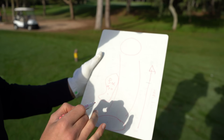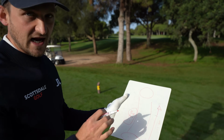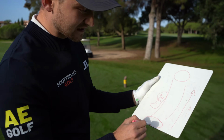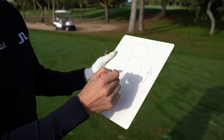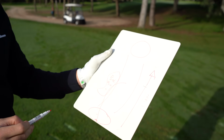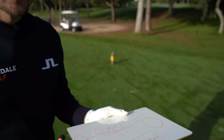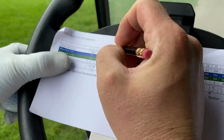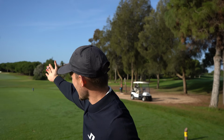How do we make sure, and this is so important, this is how you're going to shoot in the 70s. Breaking 80 barrier the first time. Imagine that feeling. How do I stand on this tee and make sure I never hit it in that water? And if I'm being honest with you, shooting in the 70s is not pretty golf. It's educated golf of how to understand the grip implements changes to the club face and then therefore changes to